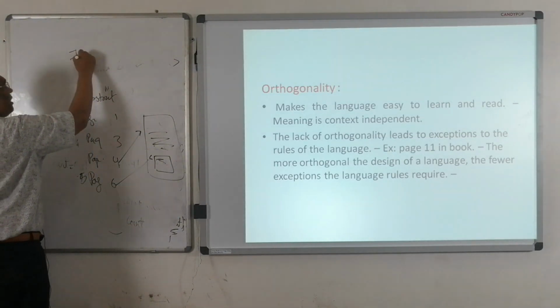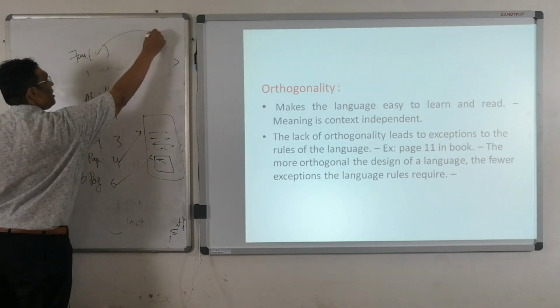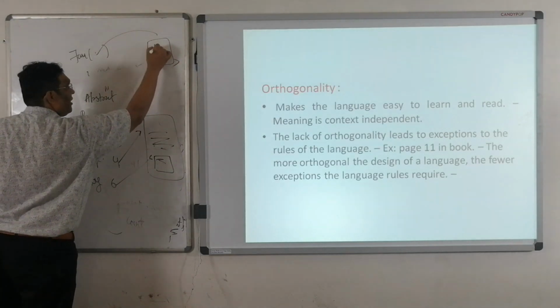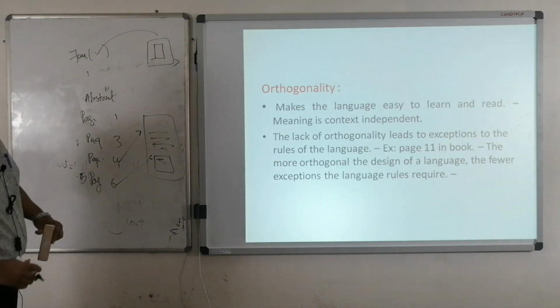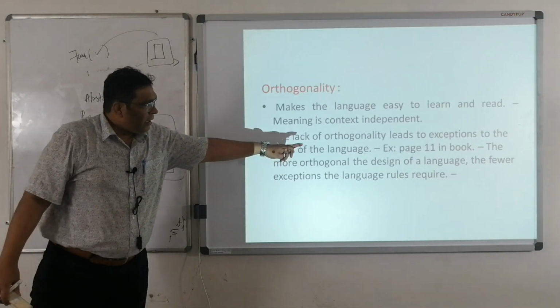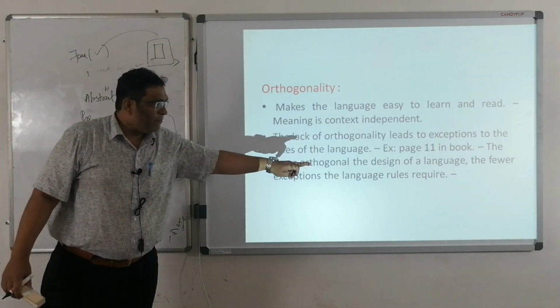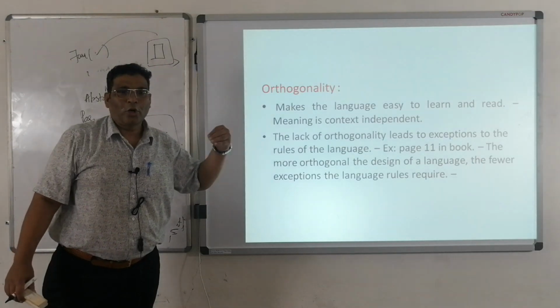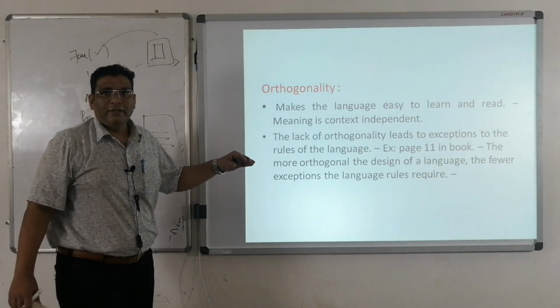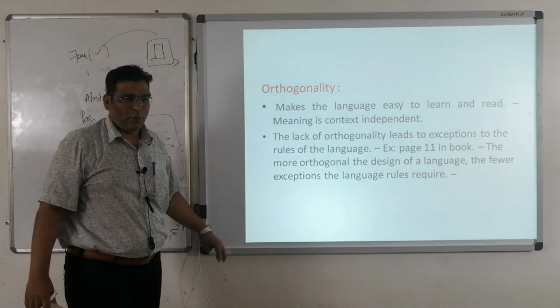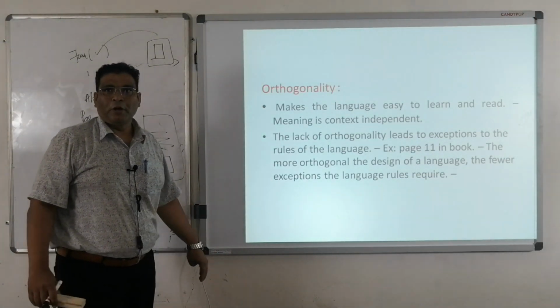If I write any function and the program goes to that function to execute, it should find the content. If that content is not available, then there is an error. Example, page number 11 in a book. There should be content available on that one. If that is not available, then there is an error in that one. So this is the problem.